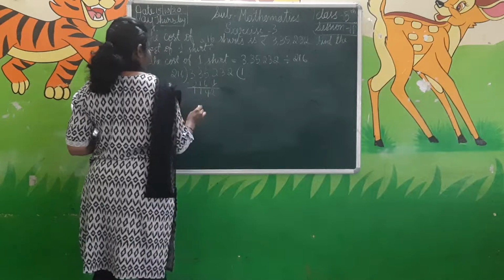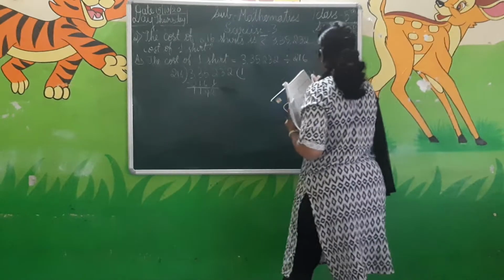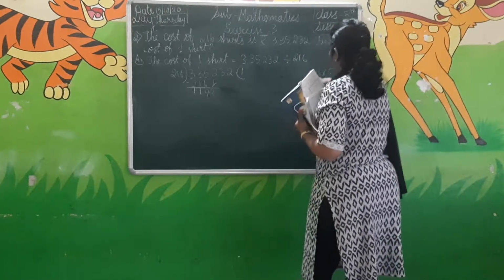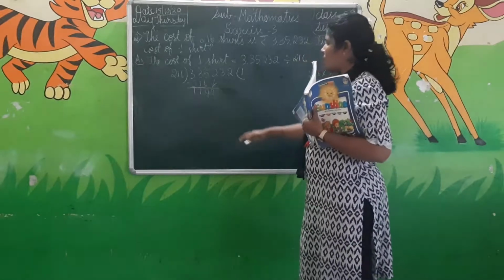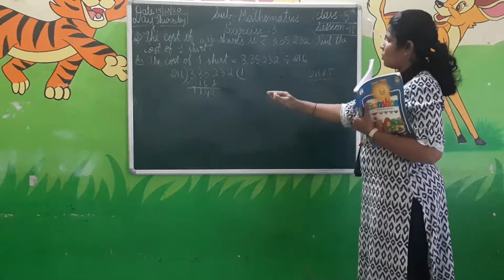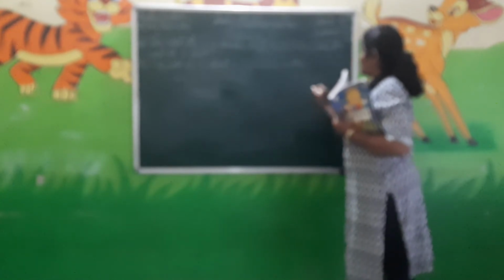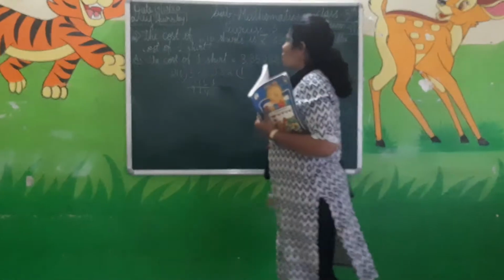Now we get a 4-digit number, so you can go for the other numbers. 216 into 5. Why do I start with 5? If it is more than 1192, we should go back, that is 216 into 4, 3 like that. If it is less, we can go for the next number, 216 into 6, 7, 8 like that. Multiply this one: 5 6's are 30, 5 1's are 5, plus 3 is 8, 5 2's are 10. So what is the answer we got here? 1080, which is nearer to 1192.